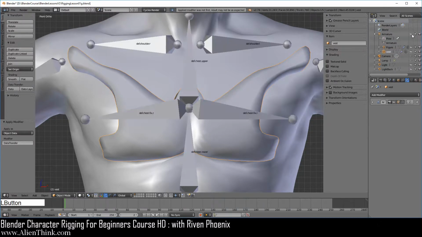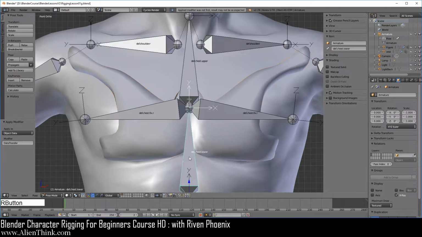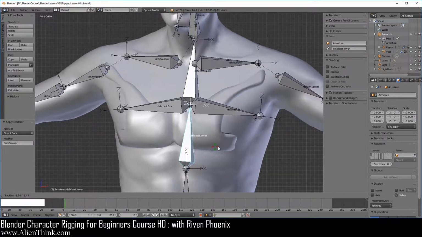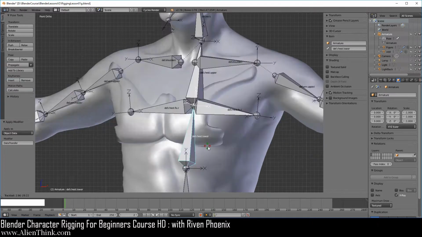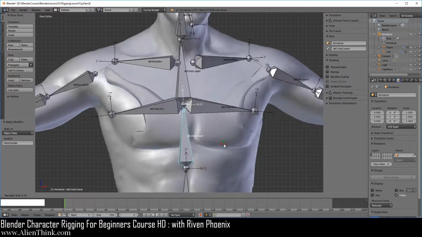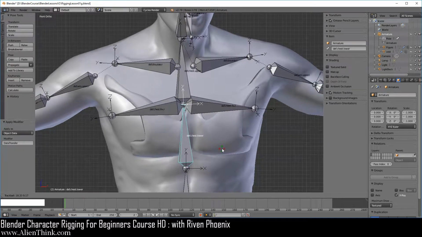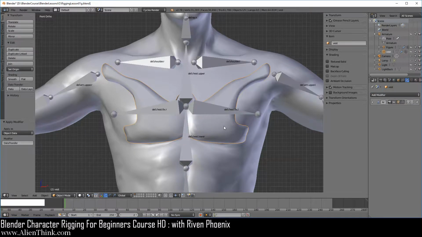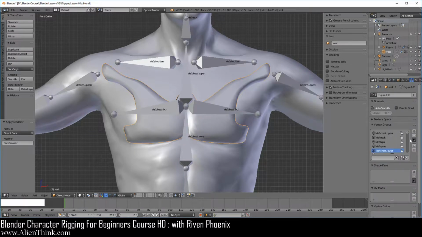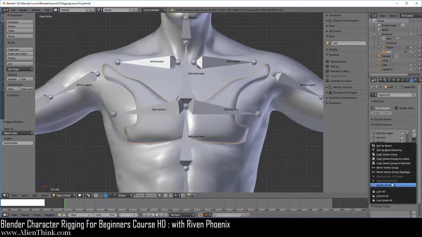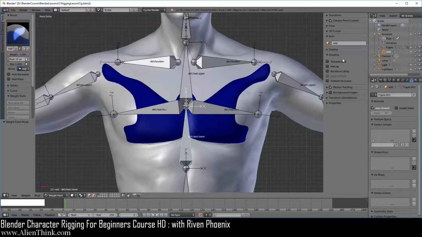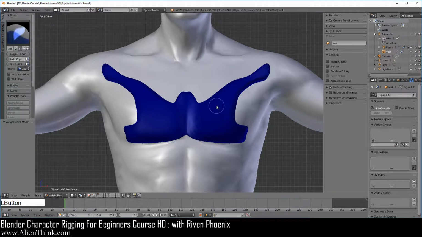Now when you turn on the armature and click on this bone and press the R key 2 times, it's going to give you high quality deformations. Basically these are the same deformations coming from the figure onto this vest. Okay, that's how that works. Go ahead and click this object, go over here, and now delete all groups over here. Now you're going to switch back to Weight Paint on this. So now go ahead and turn off the armature.